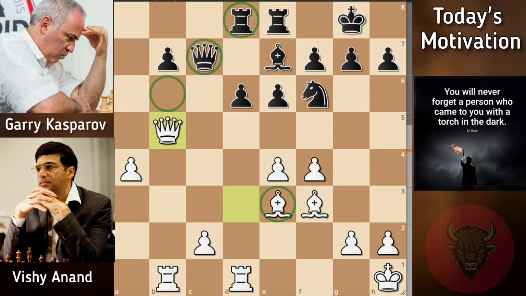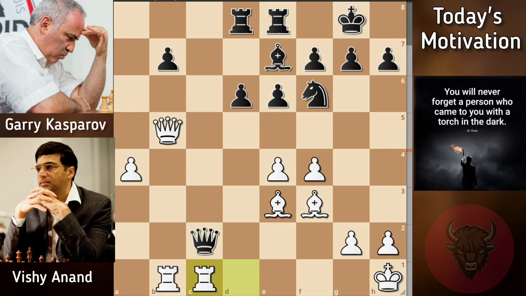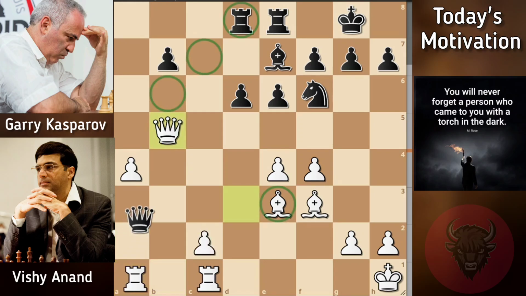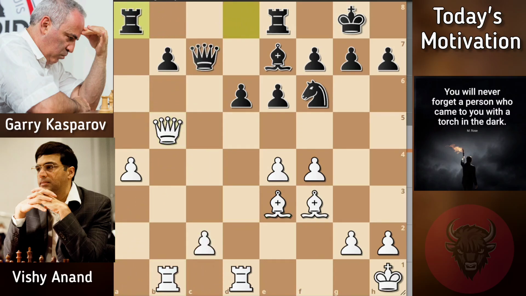And note one thing, that here black can't capture the c2 pawn, otherwise white will play rook at d goes to c1, and you can see that this queen is very close to trap and the only square for the queen is a2. But now comes rook at a1 and this queen is completely trapped. So that's why after seeing this move, he placed his rook on a8, eyeing this a4 pawn,